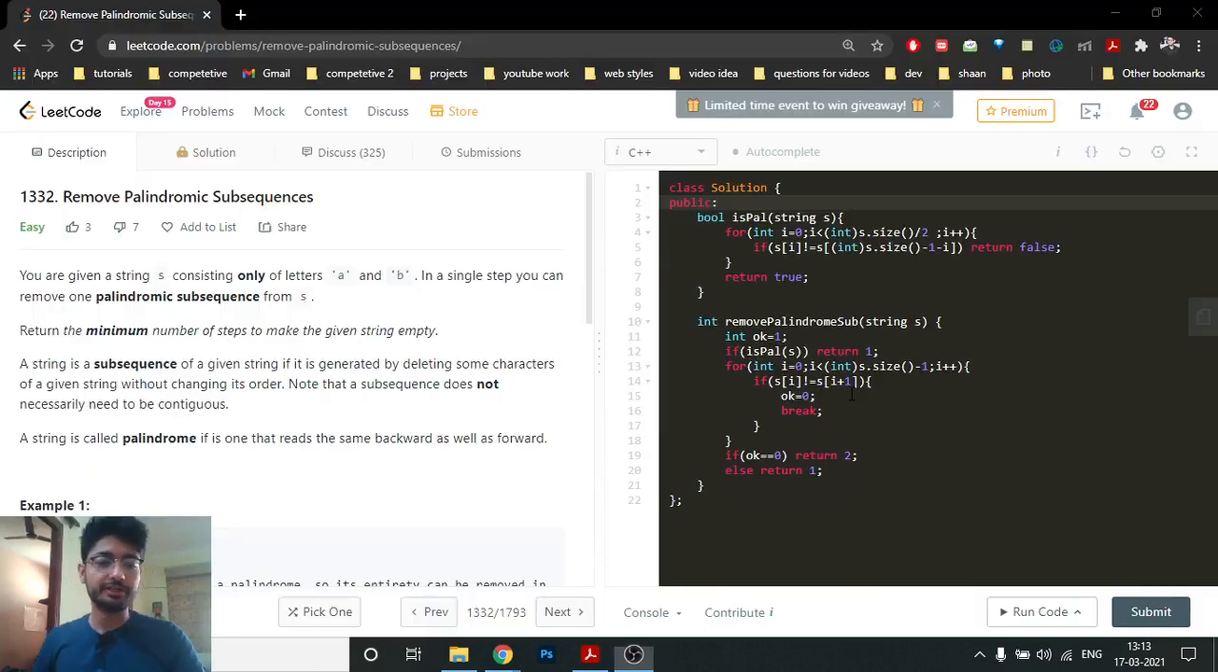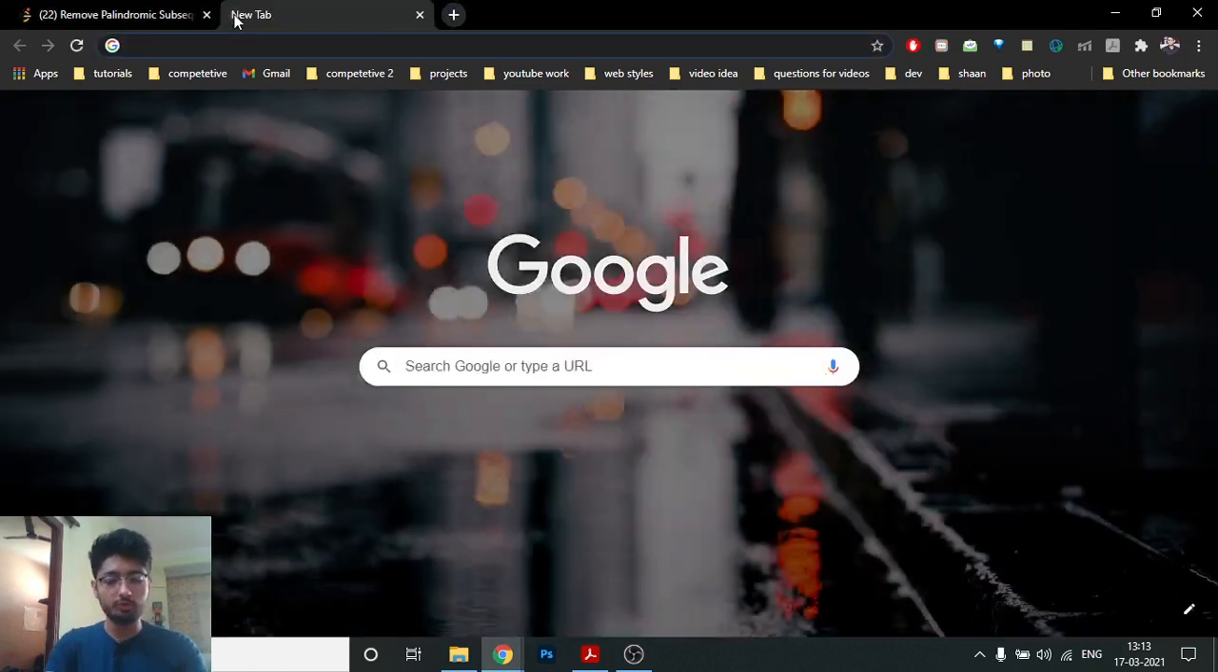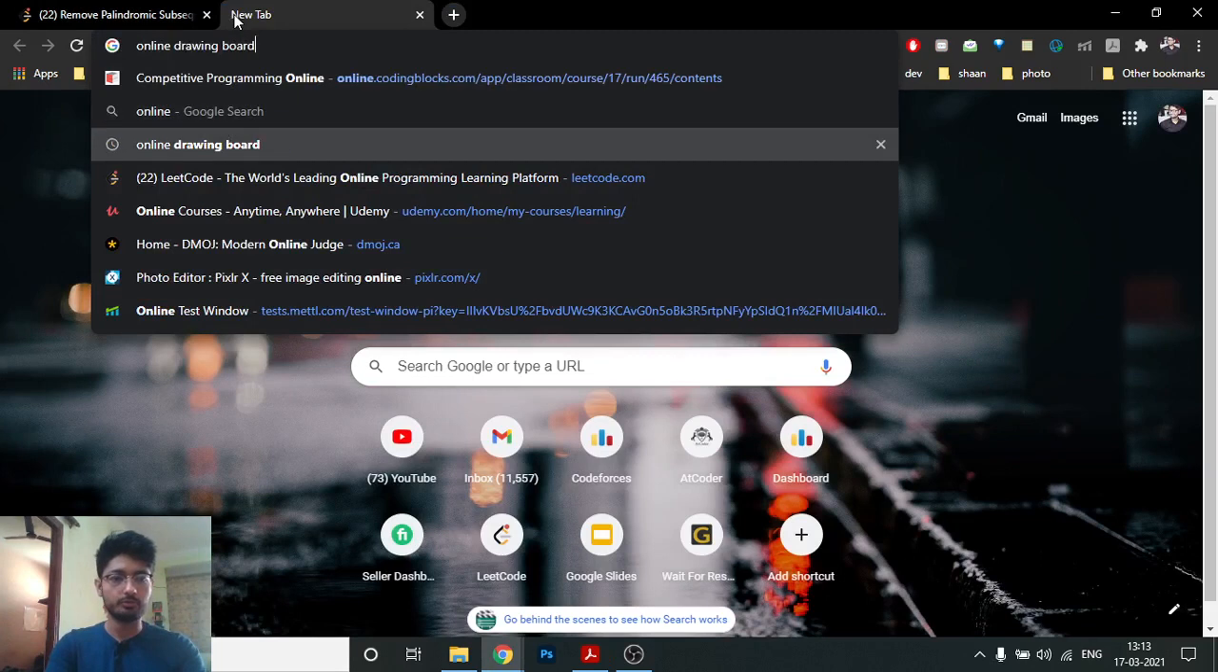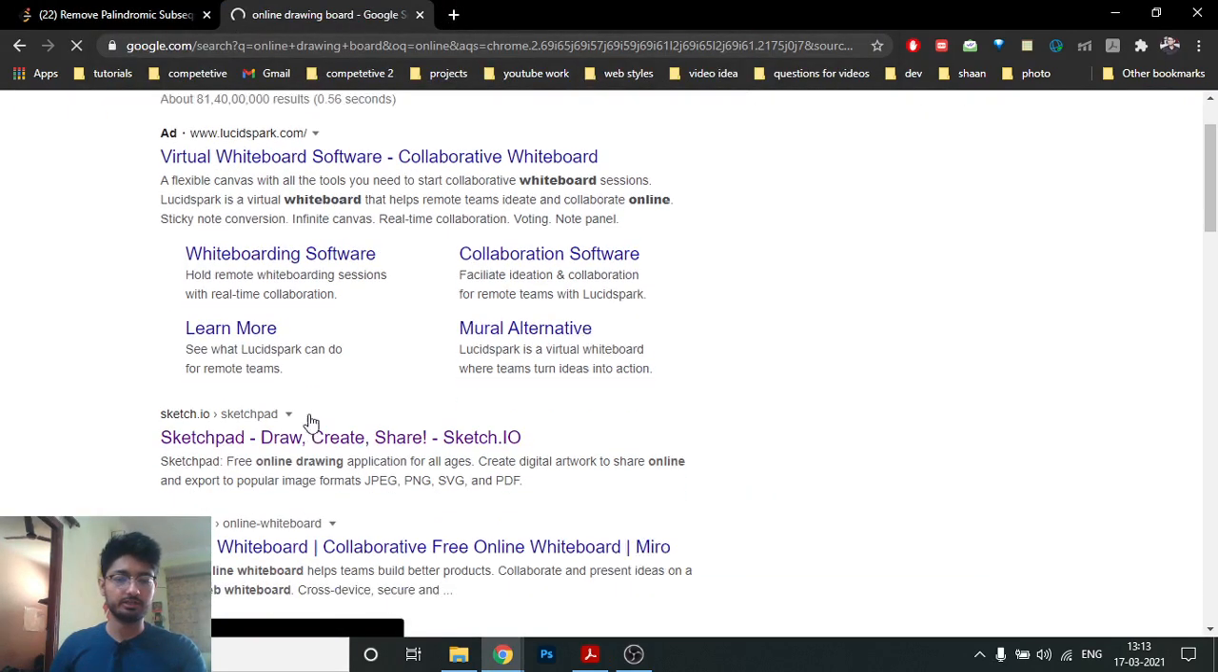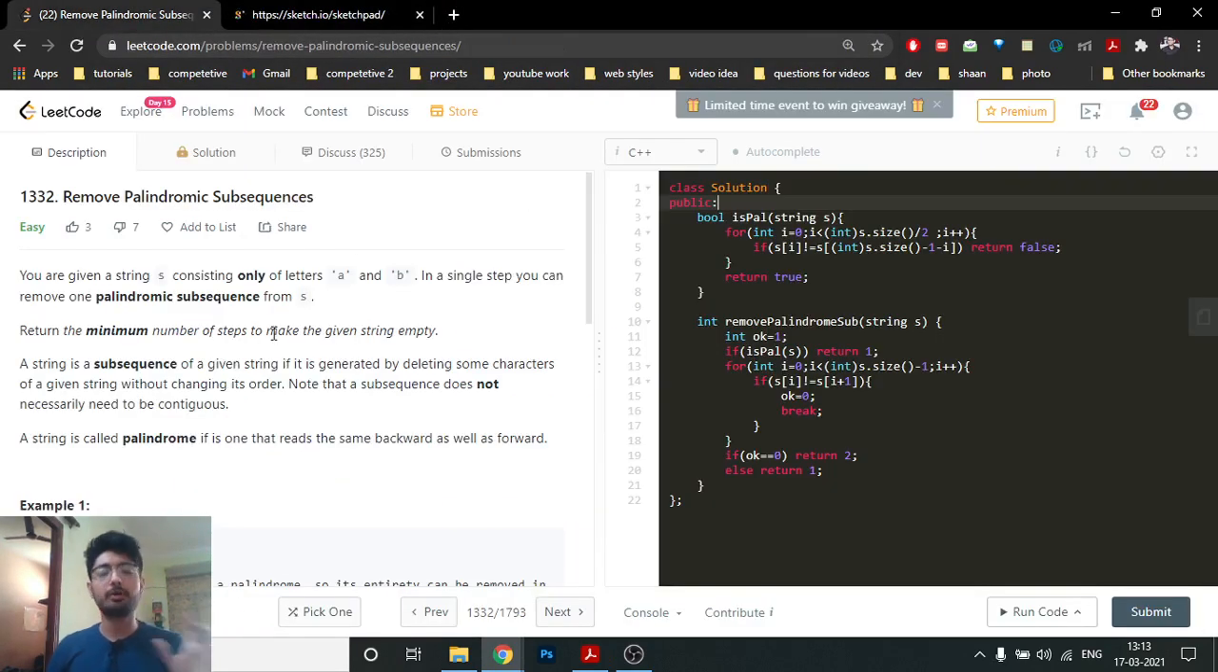Hello friends, today we're going to discuss another problem from LeetCode, called Remove Palindromic Subsequence. I have to open the drawing board to help you understand the problem statement. In simple terms, you are given a string S which consists of only